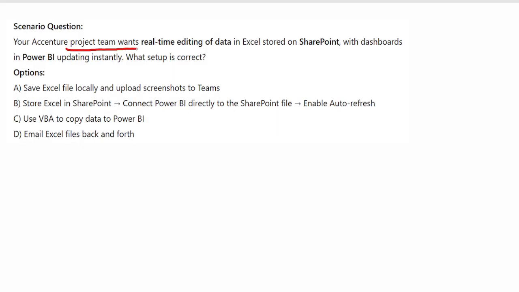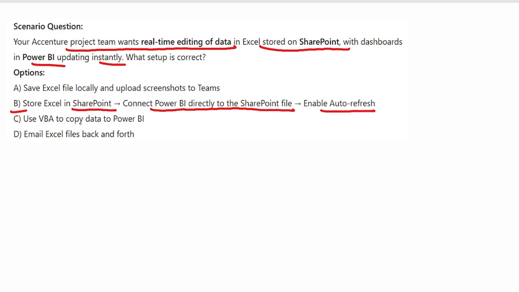Your Accenture project team wants real-time editing of data in Excel stored on SharePoint, with a dashboard in Power BI updating instantly. What step is correct? So the correct step here is to store the Excel file in SharePoint, connect Power BI directly to the SharePoint file and enable auto refresh.